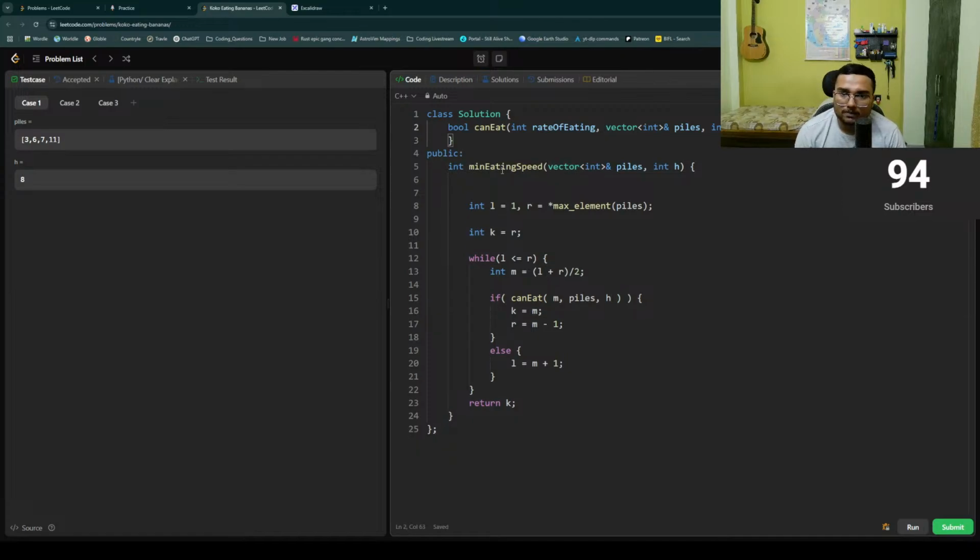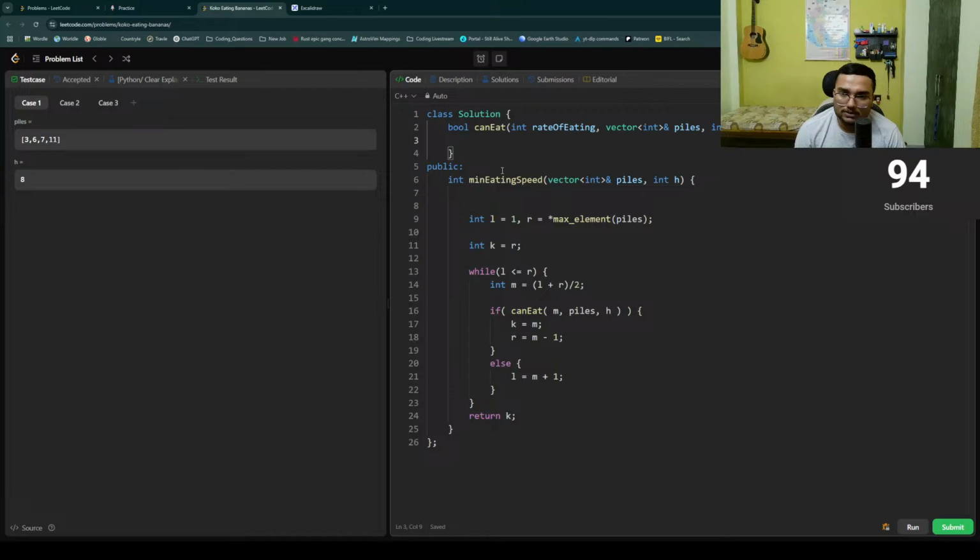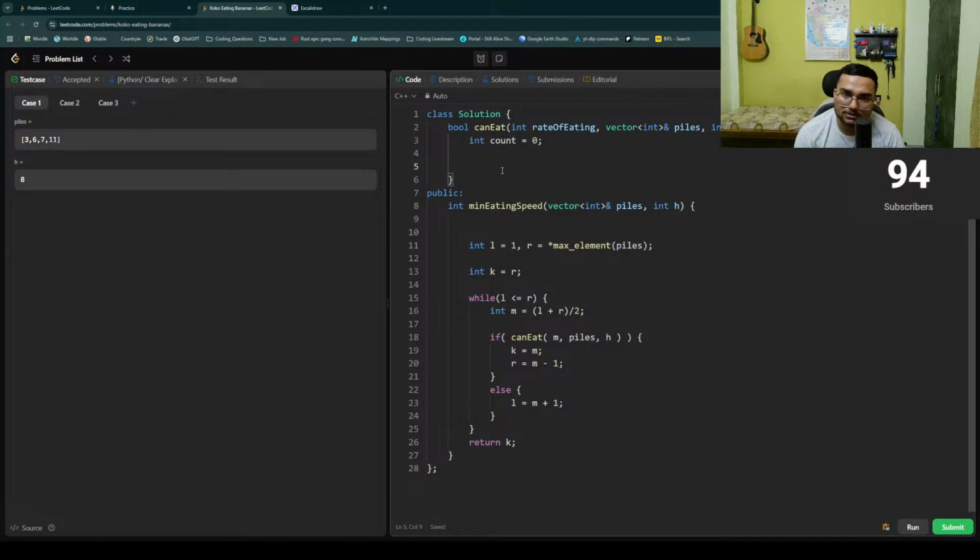Okay, so in here we simply calculate the number of hours needed to finish all of these bananas. Count, we start with 0 hours, for int bananas in piles,